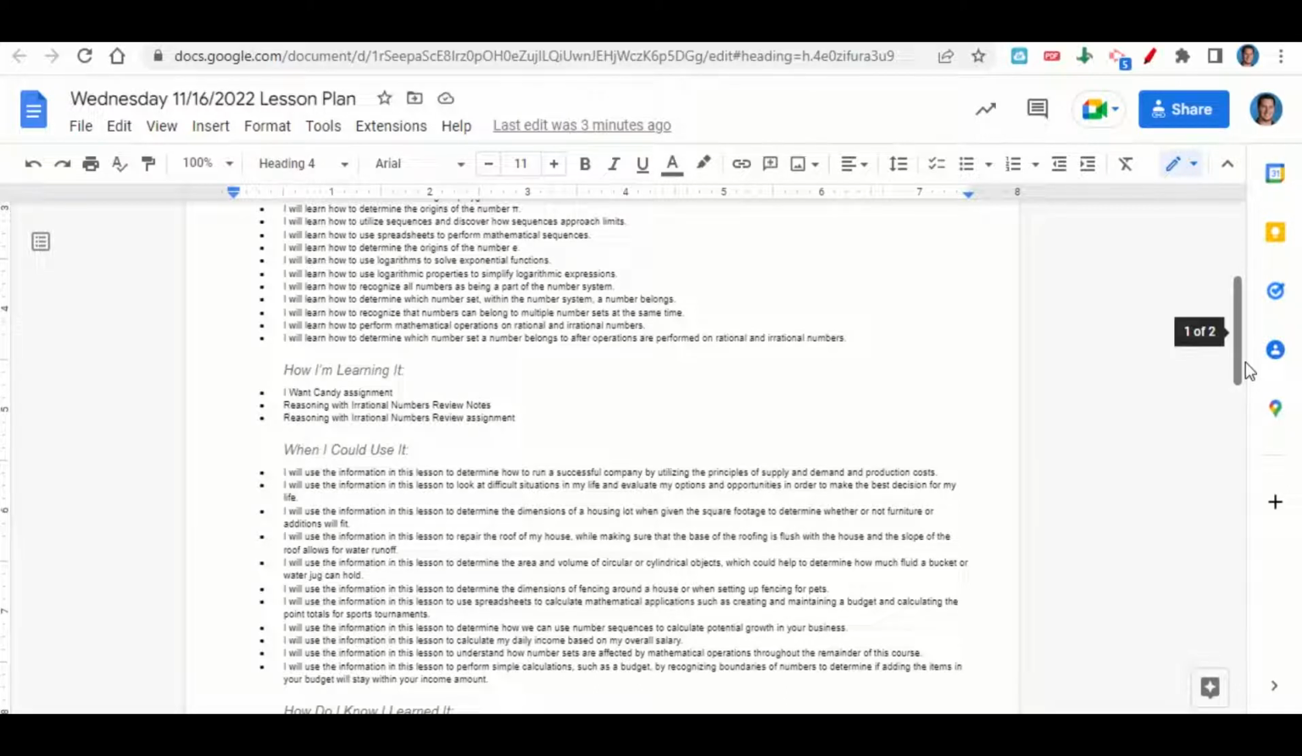use spreadsheets to calculate mathematical applications such as creating and maintaining a budget or calculating the point totals for sports tournaments, to determine how we can use number sequences to calculate potential growth in your business, to calculate